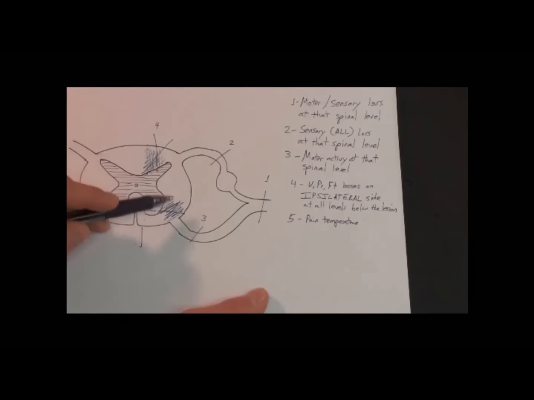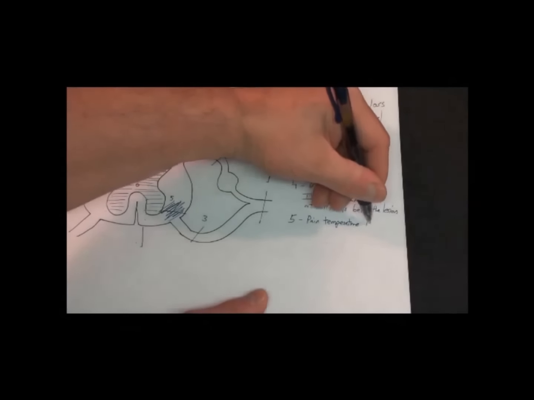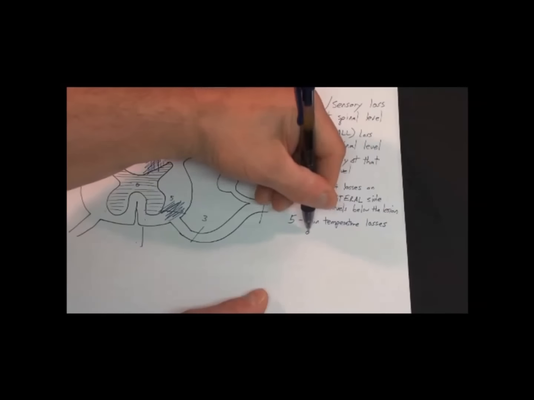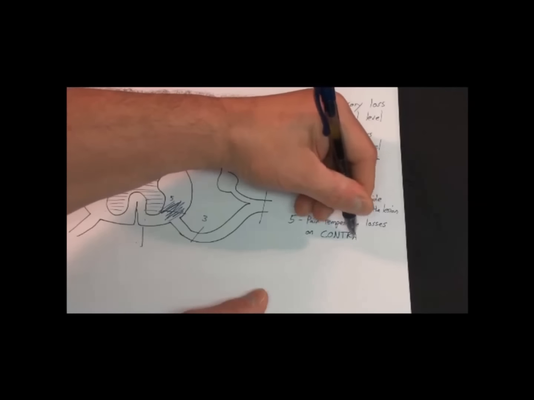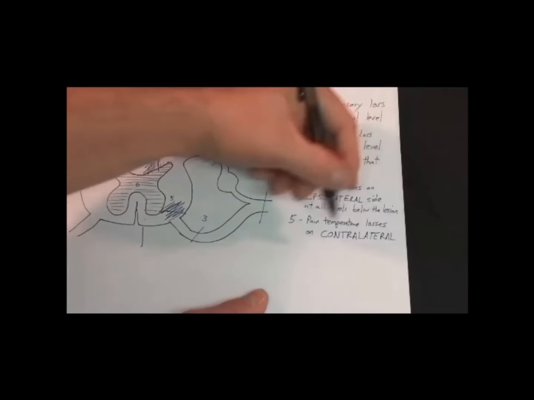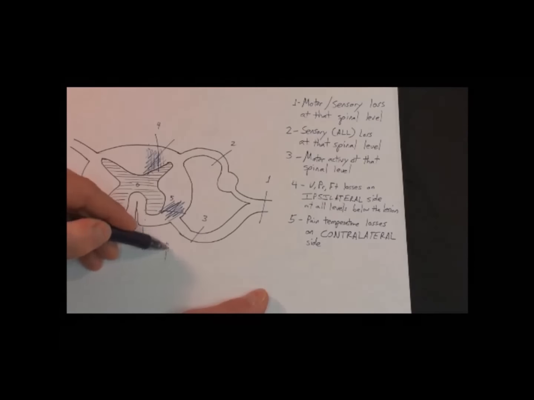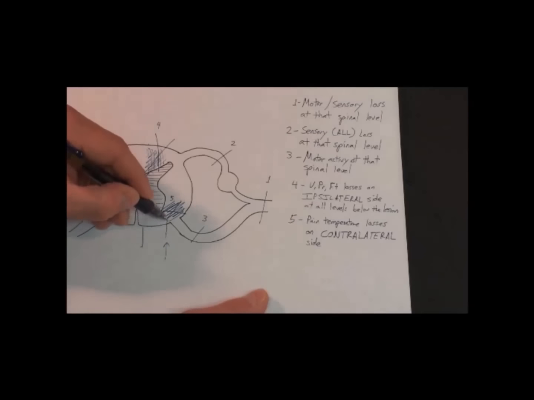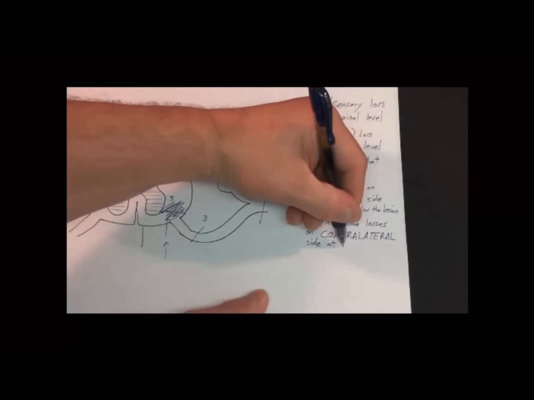So we're actually losing, by damaging this side of the spinal cord, the contralateral input. So pain and temperature losses from the contralateral, or opposite, side. And just as before, if we've got info a level below this lesion, it hits that lesion and is probably not going to be able to get past it. So you've got it affecting all levels